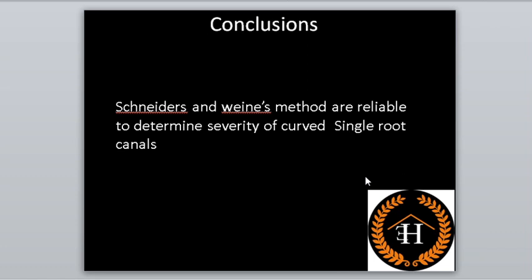So in all, take a printout, try to measure the angles and formulate a plan, just like you plan a dental implant. Do not just open a tooth, plan the endodontic therapy. Read the radiograph. There are many clinics in India which do not take radiographs and feel it's just not required, and they end up underperforming. My first rule of thumb is you need to take 3 well-angulated radiographs to assess the degree of curvature. Now the most important aspect, which is access opening, we will be covering it now.